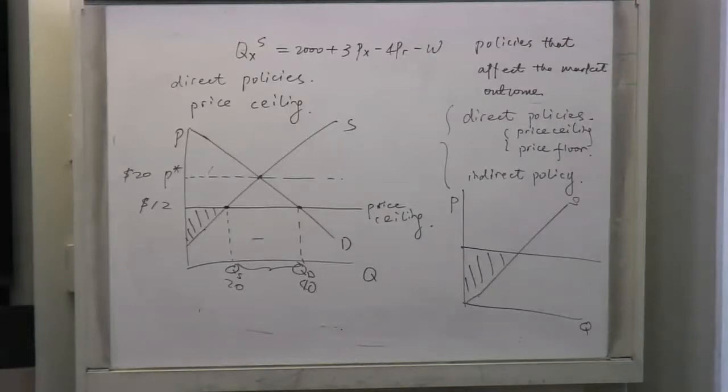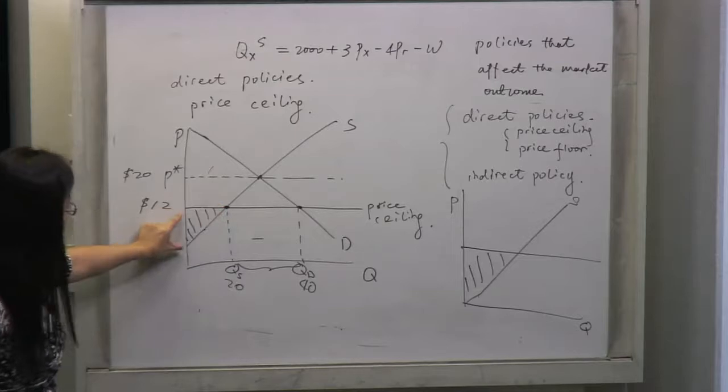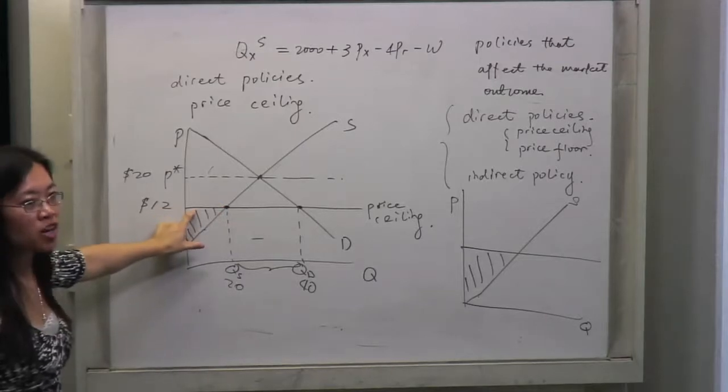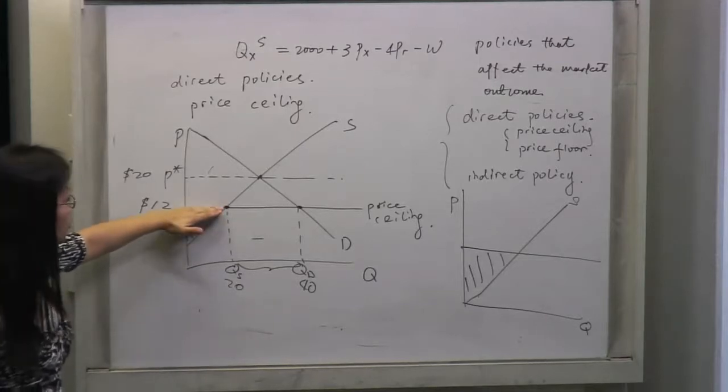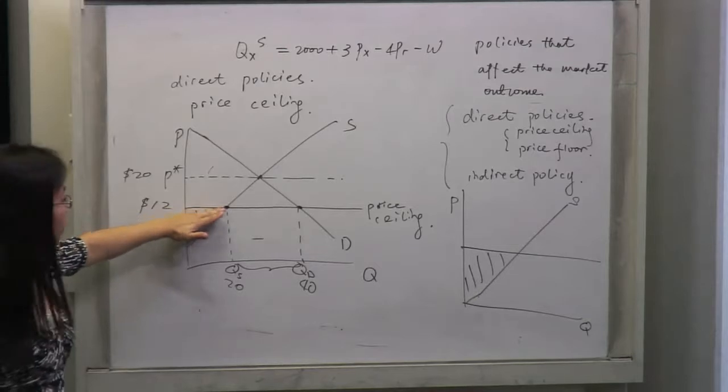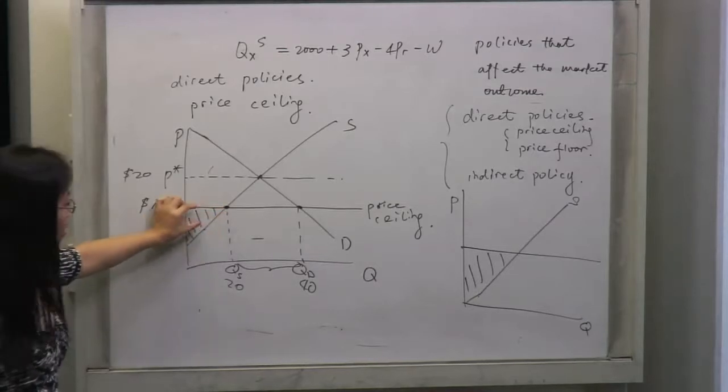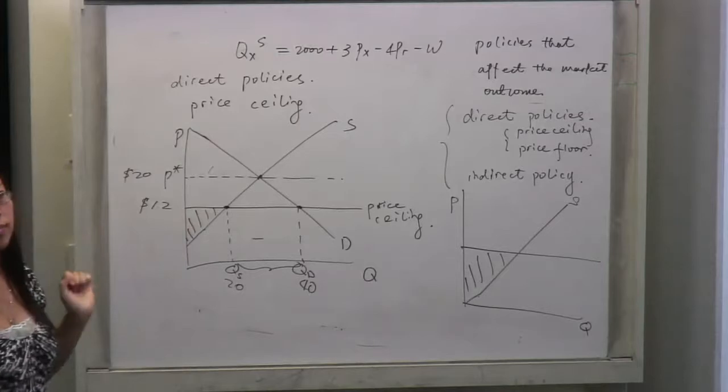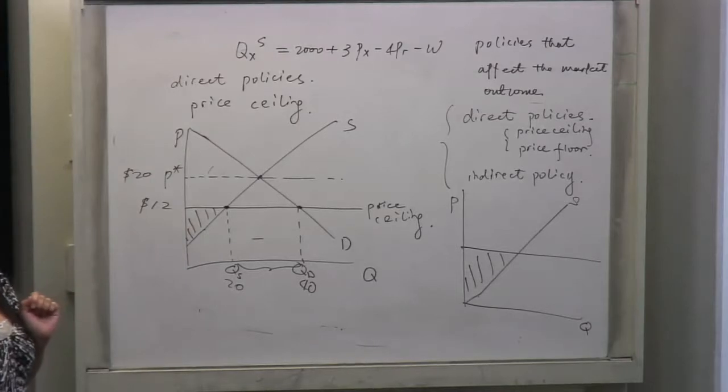Are you guys following me? If you're not, I'm going to solve that question. Producer surplus is going to be between the supply curve and the price. Right now the price is $12, the price ceiling, right? And the supply curve is right here, and it's the area between these two lines. Still digesting?